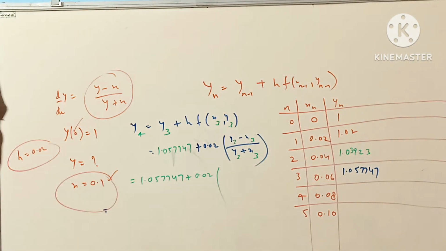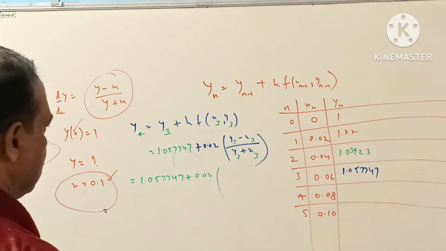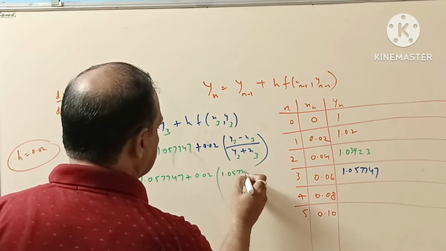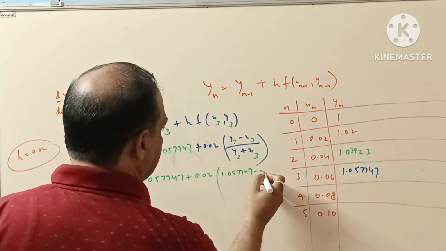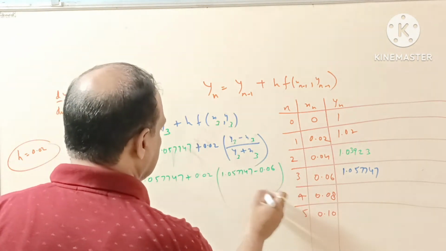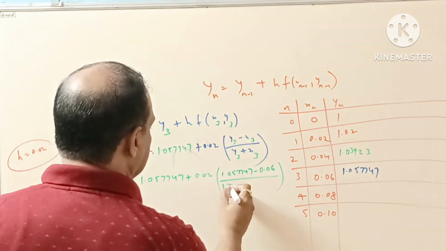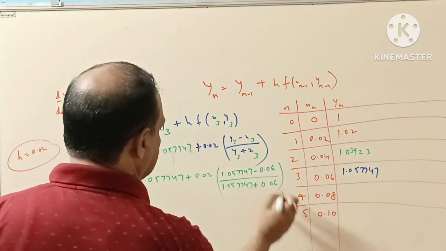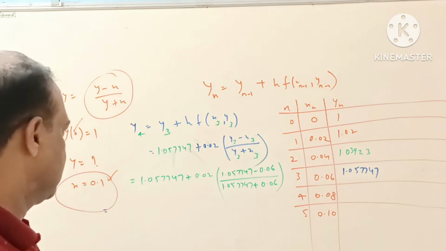Now comes the value of 1.057747 minus x3, which is 0.06, over the same number 1.057747 plus 0.06. This calculation is here,